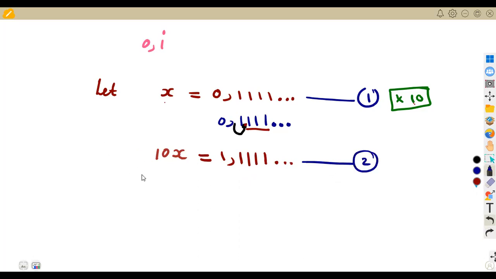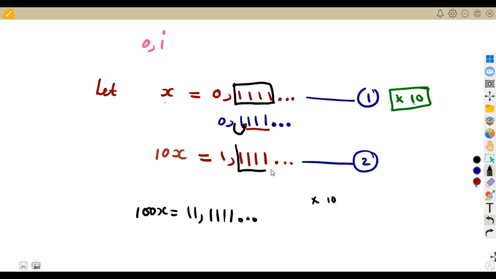So in actual sense, you're supposed to multiply again by 10. All right. But now we are not going to do that, because what I want you to notice is that, all right, let me show you what you're supposed to multiply and so on, guys. You multiply again by 10. This gives you 100x is equal to, multiply by 10, here you move 1 comma. It is going to be 11 comma 1, 1, 1 like this. You are left with 3 digits. You put another 1 so that there are 4 digits after the comma, depending with the number of digits that you choose. Here are the ones that you're supposed to maintain, to say, how many digits do I have after the comma? All right, you're supposed to maintain the number of digits after the comma, but that is not the